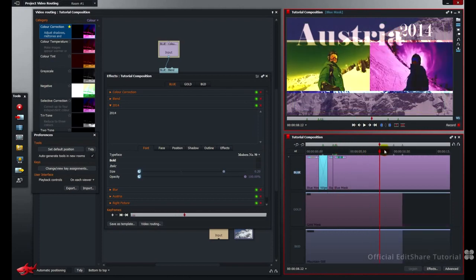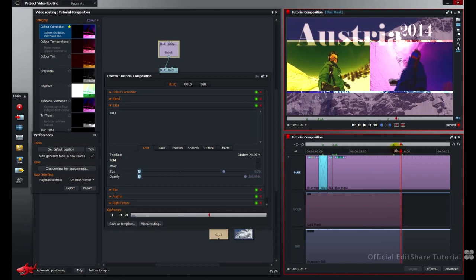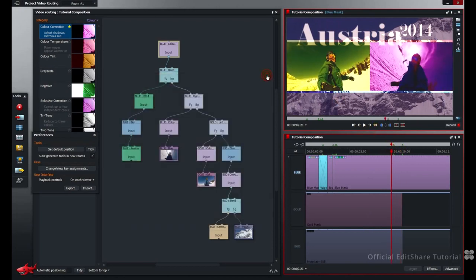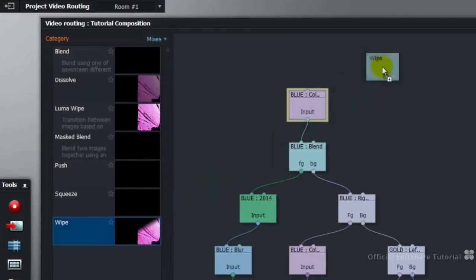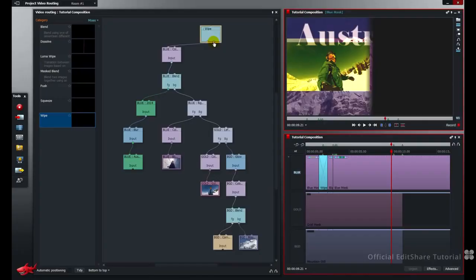Let's deal with wiping off the title graphics in this last section here. I'm going to do that using the video routing panel itself. Go to my mixes, pick up the wipe, and just drop it up the top here. Now the output of my graphics composition is going to connect to one side of the wipe, and the other side of the wipe is actually going to be my source video of the man with the blue goggles. I'm going to take this from the output here, the original source video node, and notice that there's a second